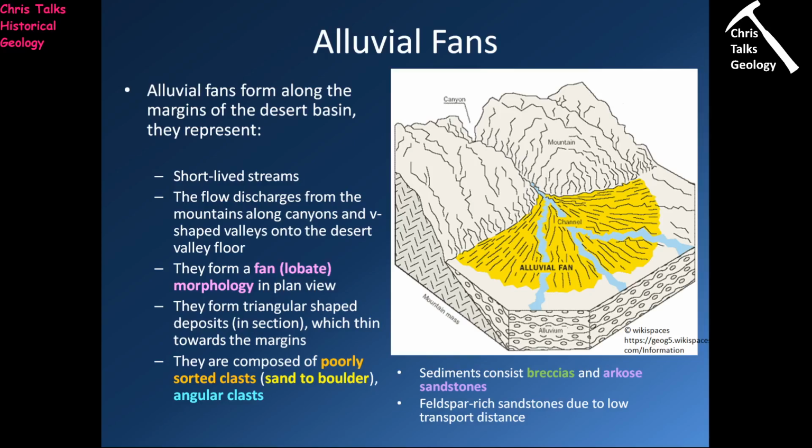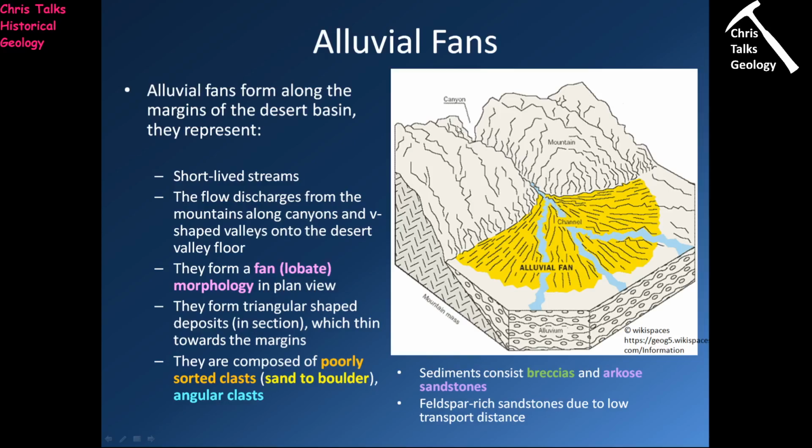So okay, alluvial fans. They form along the margins of the desert basin, where essentially the desert plain meets the high topography. They're formed by short-lived river systems, and the rivers will flow down steep-sided canyons. Because they're short-lived, they're quite powerful. So you get a lot of water coming down very quickly, high velocity, high energy, bringing lots of